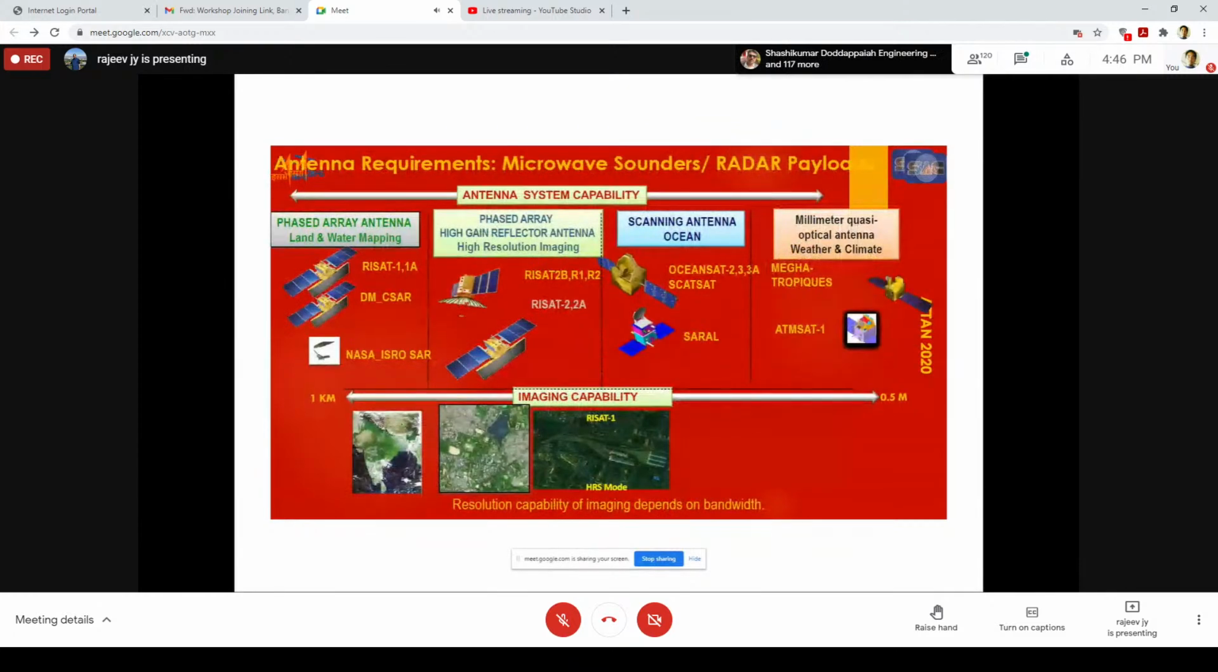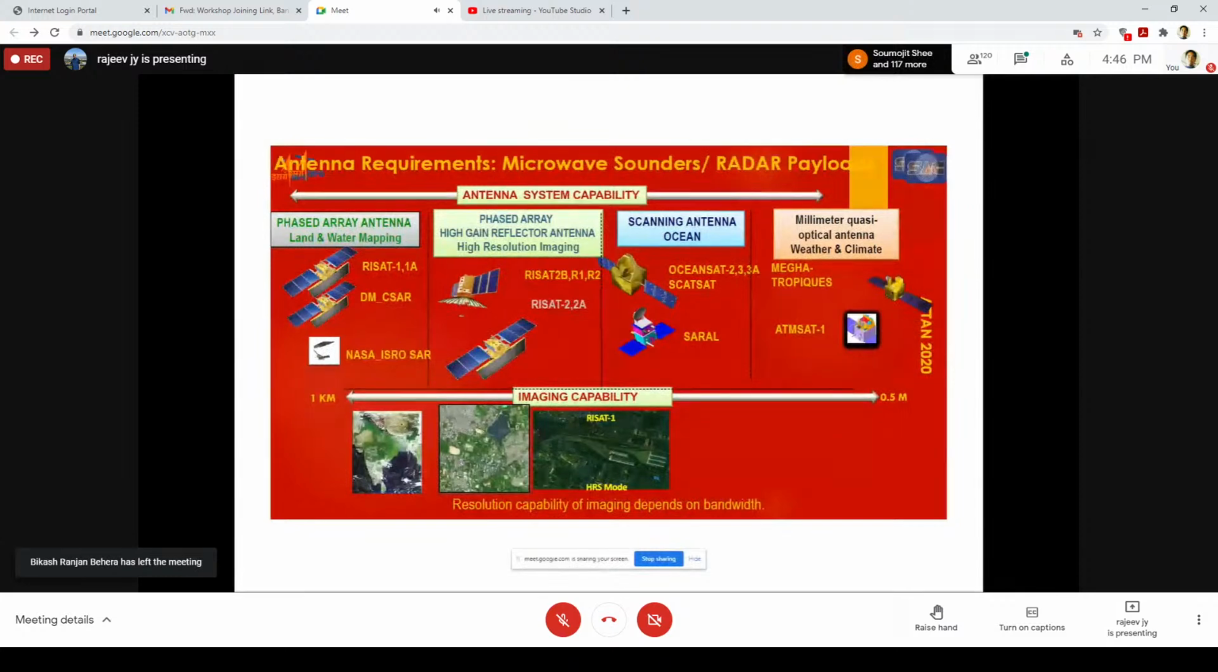Similarly, for microwave sounders or radars, you must have read radar. When we are talking about radar, the gain is very important because it's a two-way path, the transmitter and receiver being the same, in the case of monostatic. So this is the journey of microwave sounders and radars, where we have various types of